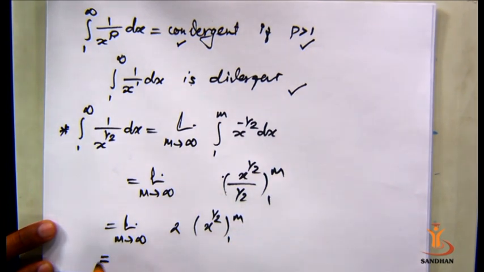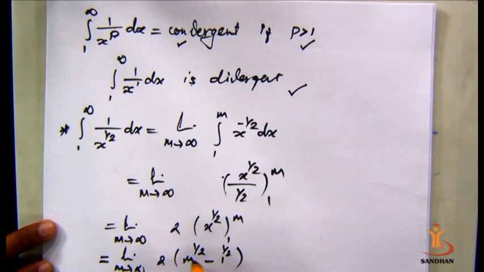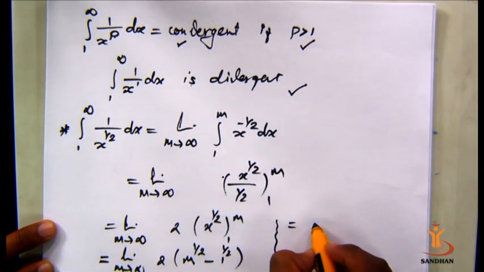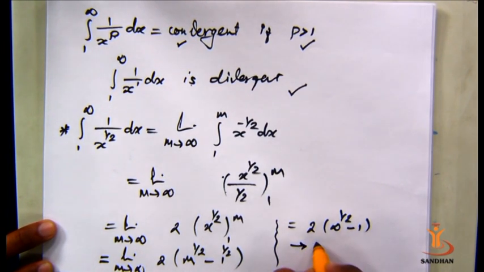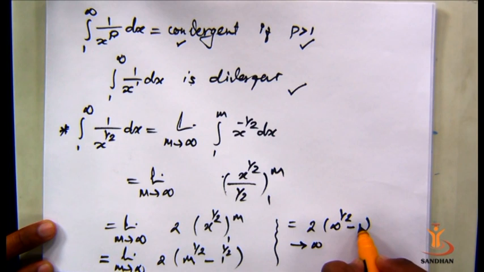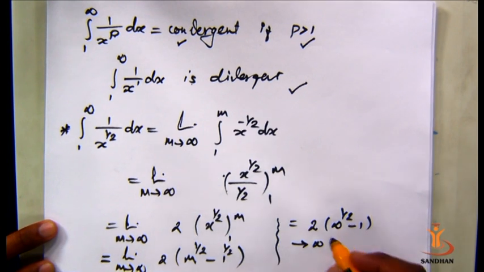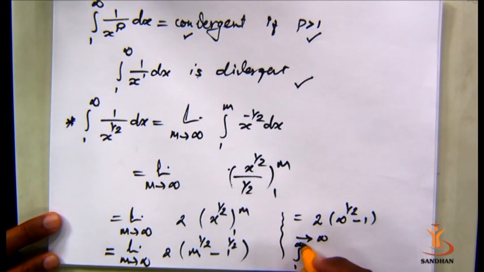m. Same as previous one, in place of x putting m and 1, so that we'll get 2 times m raised to 1 by 2 minus 1 raised to 1 by 2, in which m tends to infinite, gives 2 times infinite raised to 1 by 2 minus 1, and that tends to infinite because infinite minus 1 is infinite, into this finite 2 into constant 2 tends to infinite, and that is why this integral 1 to infinite 1 upon x raised to 1 by 2 dx is, say, DGT.